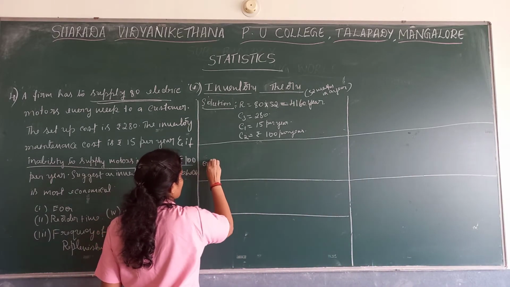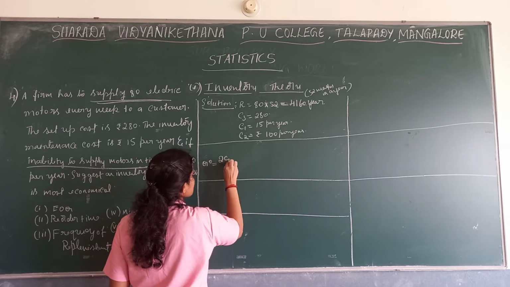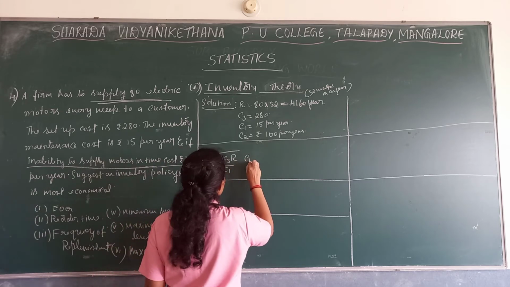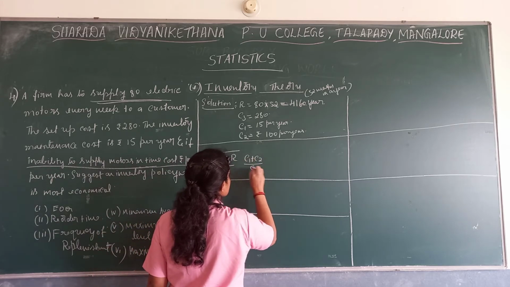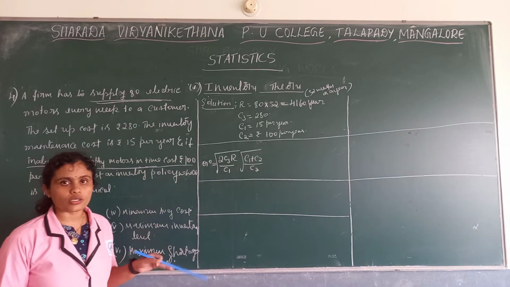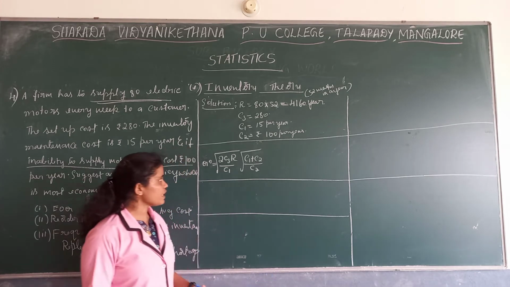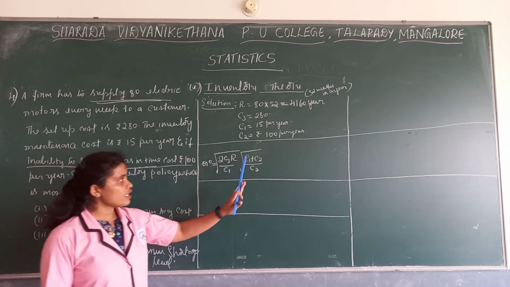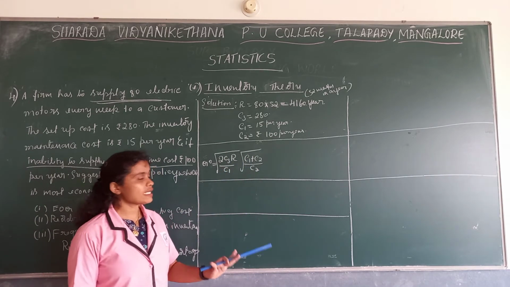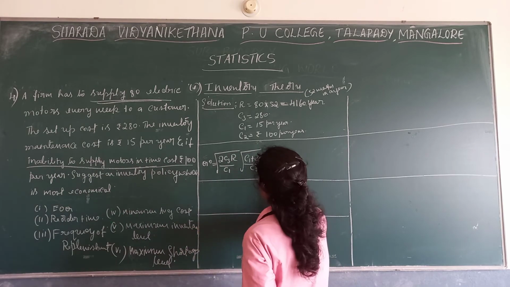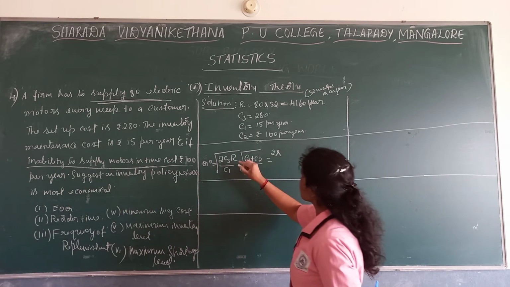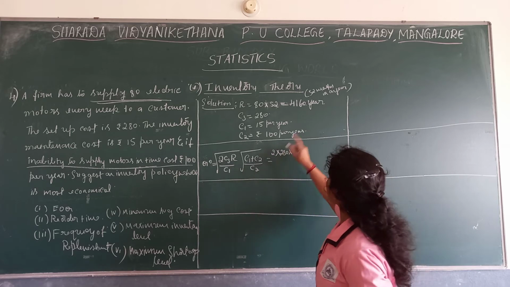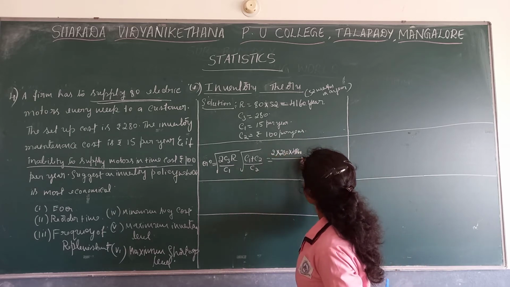What is the formula? Q0 is equal to root of 2C3R divided by C1, into root of C1 plus C2 divided by C2. In case of model 2, EOQ, that is the Q0 formula, is the root of 2C3R divided by C1, then the root of C1 plus C2 divided by C2. Now substitute the values. Now 2 into C3, 280 into R, which is 4160, divided by C1